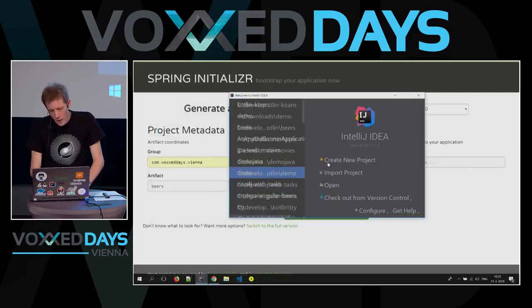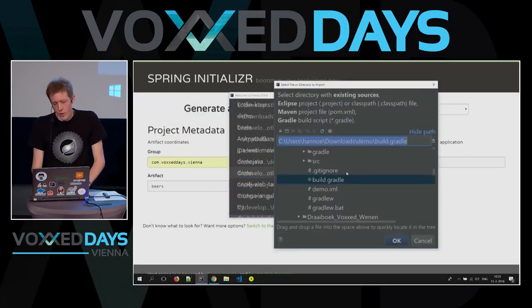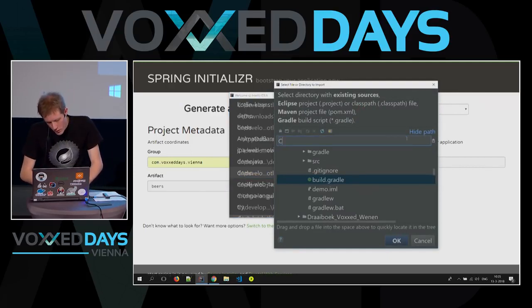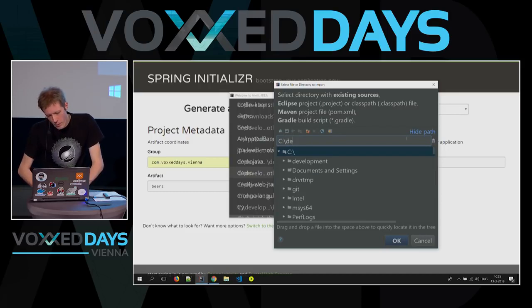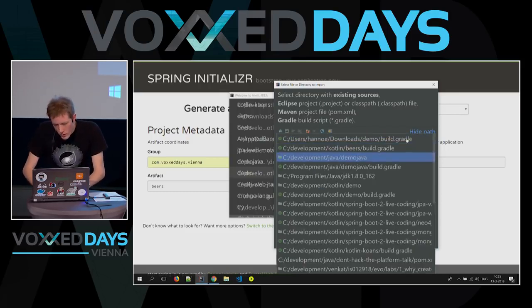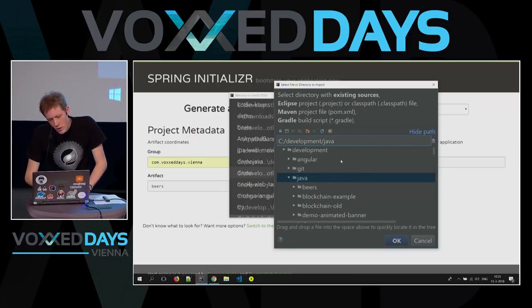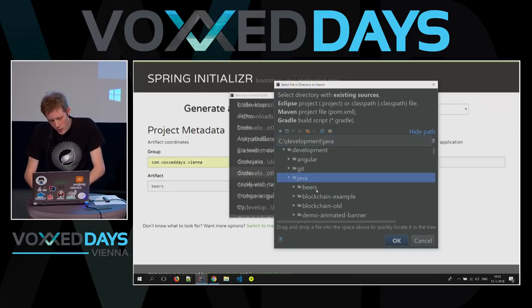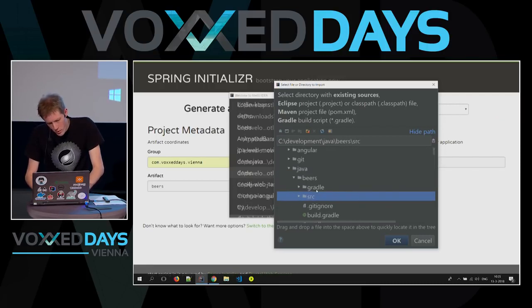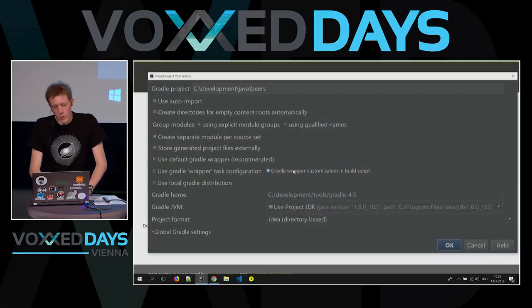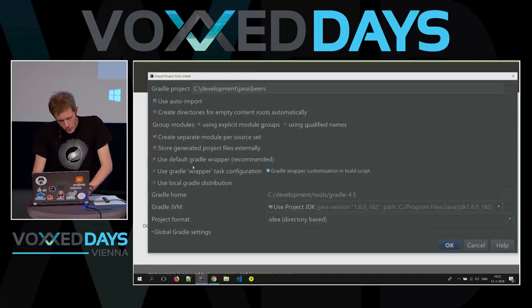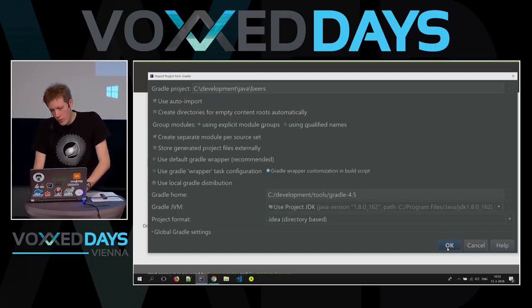So let's fire up the IDE and import the project that we just extracted. So it was in C, development, Java, all kinds of projects that I've done before, of course. Here it is. This is the beers project, I guess. So let's open up that one. Let's use auto import and my local Gradle distribution.